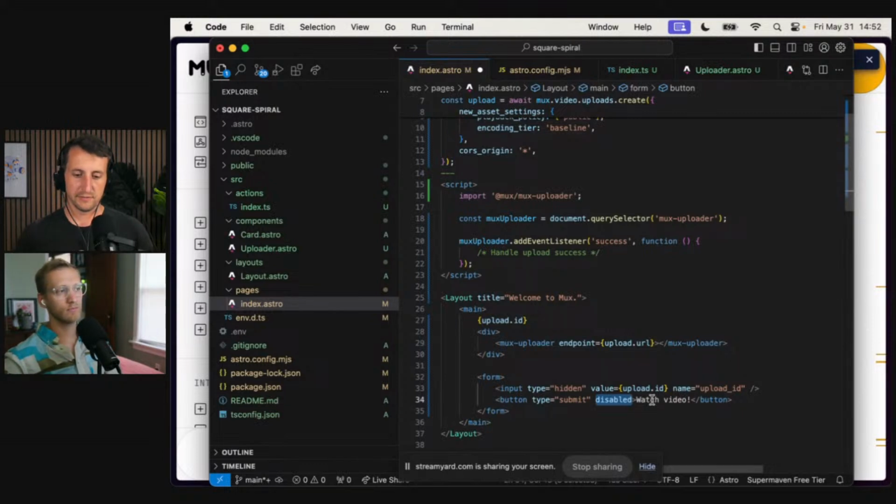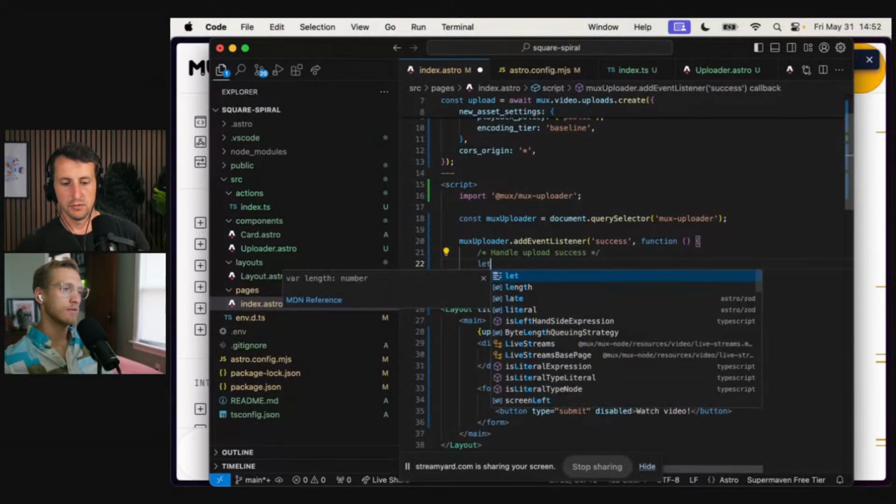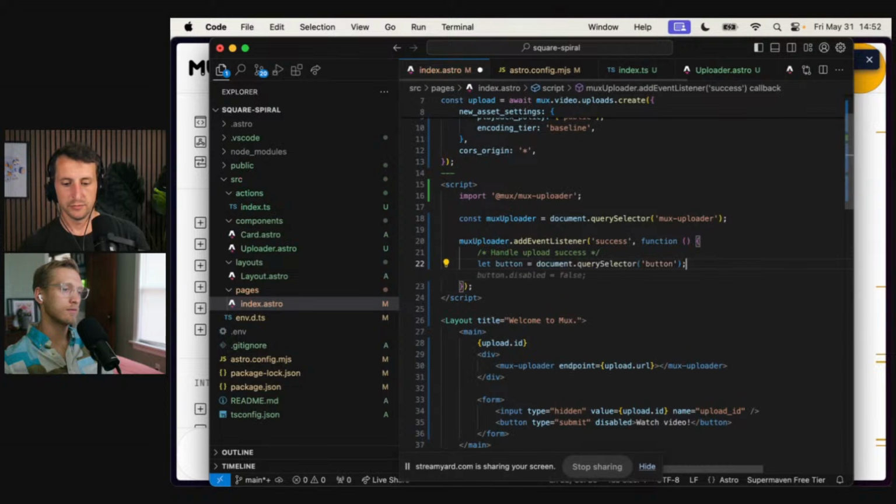Man, this is really flexing my vanilla JS. Vanilla, yeah. It's been a minute. Let's see. So yeah, that code's going to have to run after the Mux Uploader element exists in the DOM. So you're going to have to move that script down. That's right. Interesting. Okay, so let's do let button equals query select. This is the only button in the DOM, yeah.